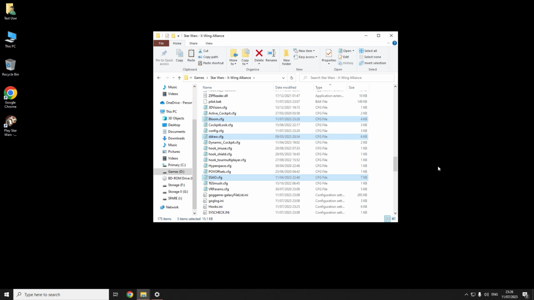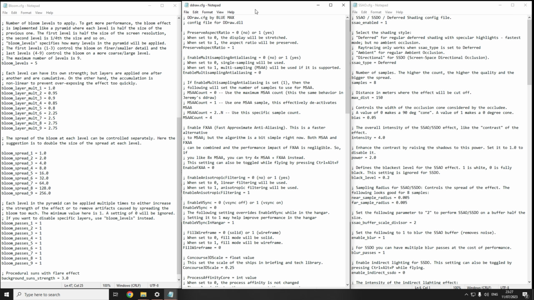The files bloom, ddraw, and ssao.cfg are found in the root folder of your XWA Alliance installation and give you a great deal of control to a wide variety of graphical options. Additionally, if you are wanting to use something other than 16:9 or 16:10 aspect ratios for ultra-wide screen monitors, you can edit the file hooks.ini and set your resolution settings there. Remember, these settings may be overwritten when installing future patches, so make backups of them if you do make any